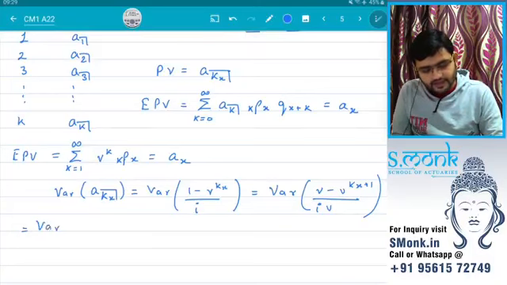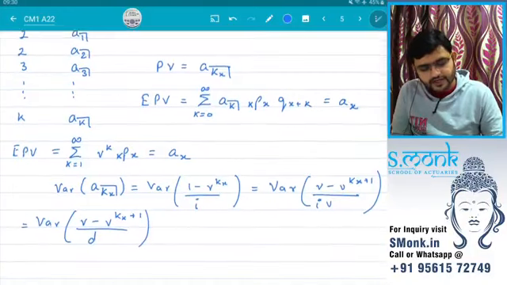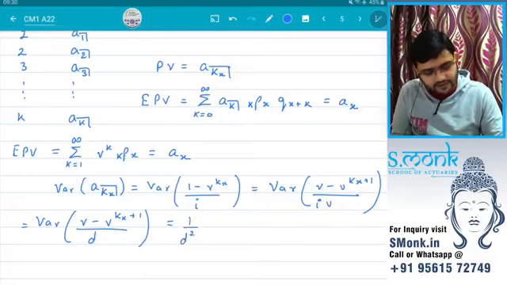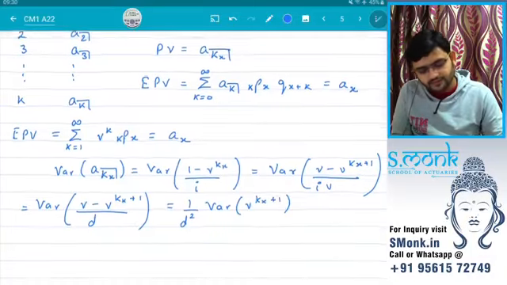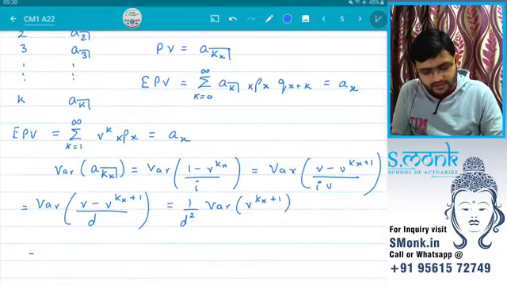So I'll have the variance of V minus V raised to kx plus 1 upon d. Again d comes out and V is just a constant, so it does not make any difference. This will just be 1 by d square, variance of V raised to kx plus 1, and therefore the variance becomes 1 by d square